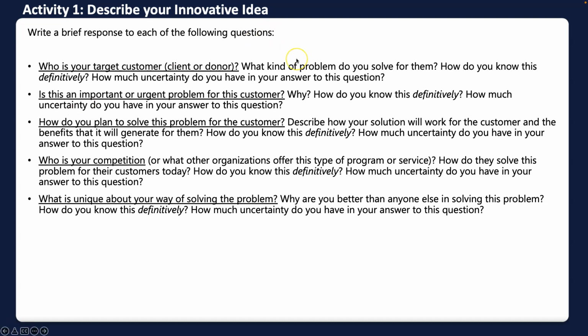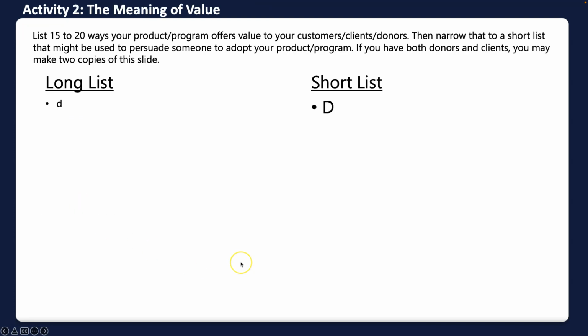If you have a very low degree of uncertainty, in other words, you have solid answers for each one of these, then you're probably not talking about an innovative project. You're really not talking about a lean startup type of project. So keep pressing in until you have identified something you believe will be innovative in your setting, which you believe could be very much in doubt. You don't know if it's going to work or not. You don't really have the answer definitively. So that's how you're going to approach these 5 questions.